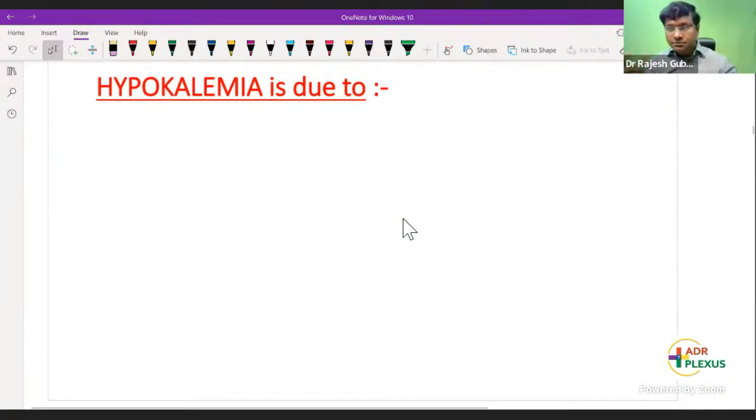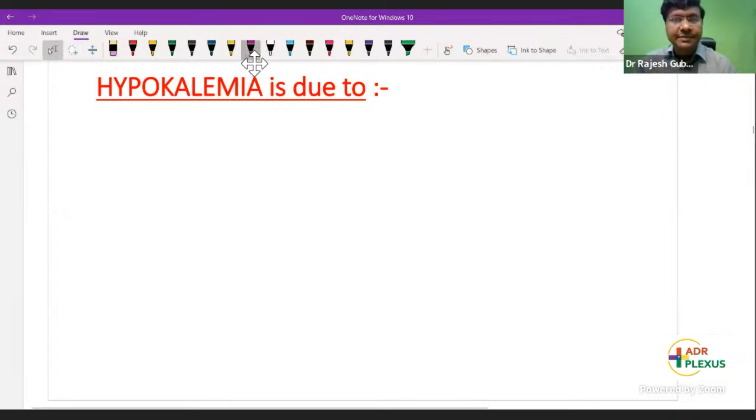And you take hyperkalemia. Day before yesterday, we were discussing hyperkalemia. What are the two important causes of hyperkalemia we have classified that into? Very good, Vishnu. One is your transcellular shift, and the other one is renal impairment. Decreased excretion due to renal impairment. That was the causes for hyperkalemia.